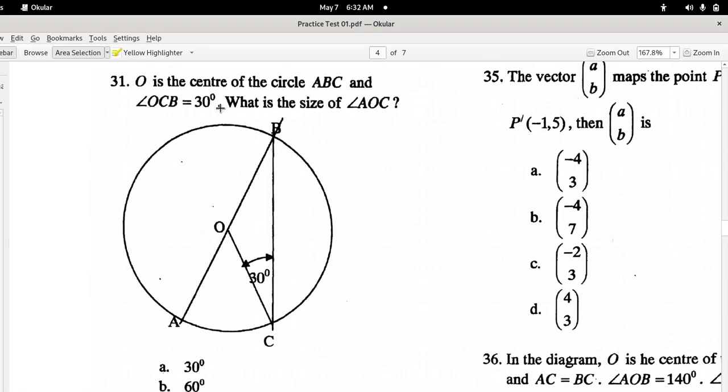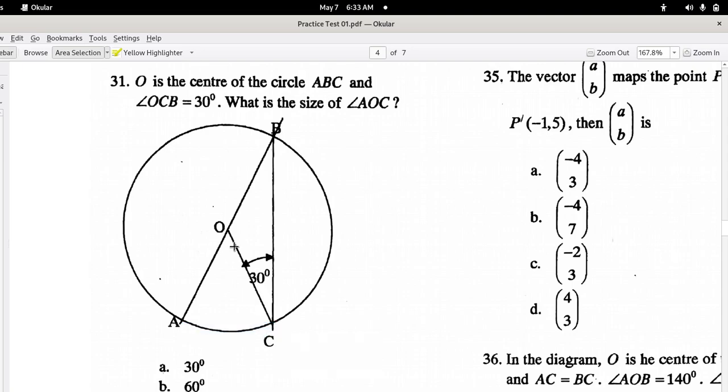Now, question 31. O is the center of the circle. ABC and OCB right here is 30 degrees. Angle OCB is 30 degrees. What is the size of angle OAC? Now, you're supposed to find OAC. That's going to be